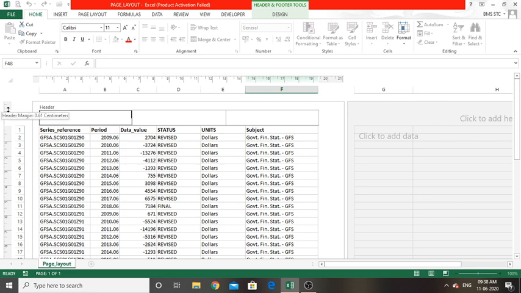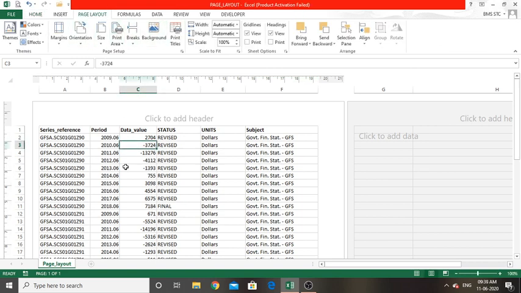So this denotes the top margin and this denotes the header margin. Now it is clear that you will have a space between the header and top margin, right? So by clicking and dragging the top margin and the header margin, you can also increase the space of headers if we have anything to input as header or footer. To know more about this,